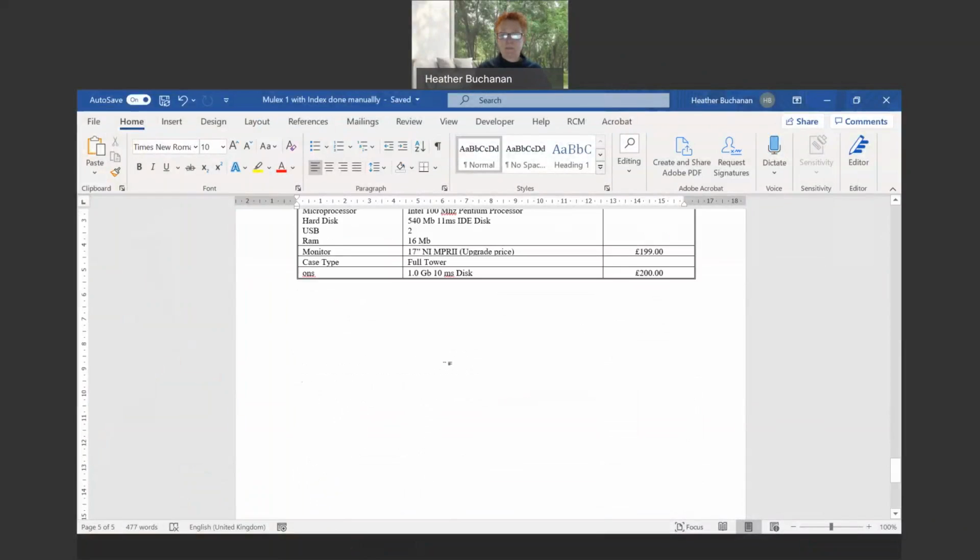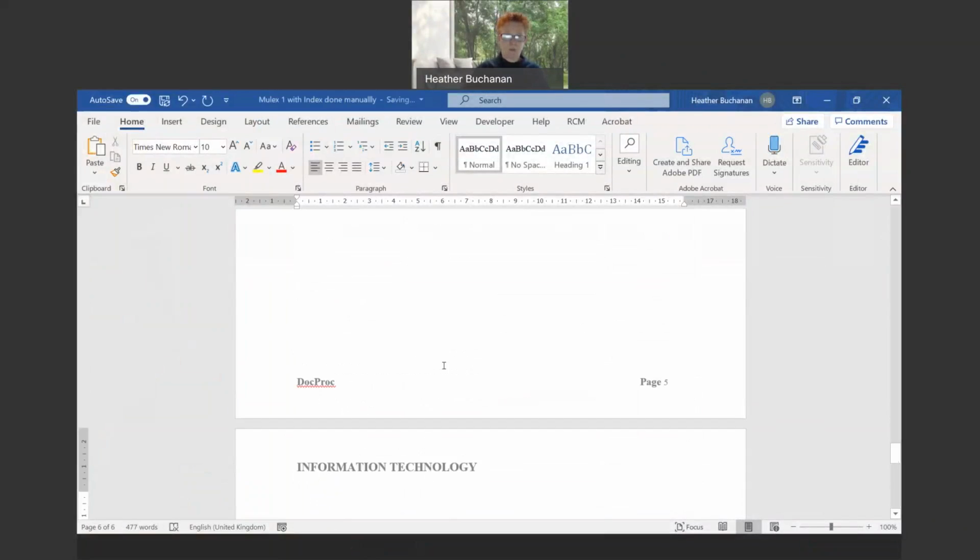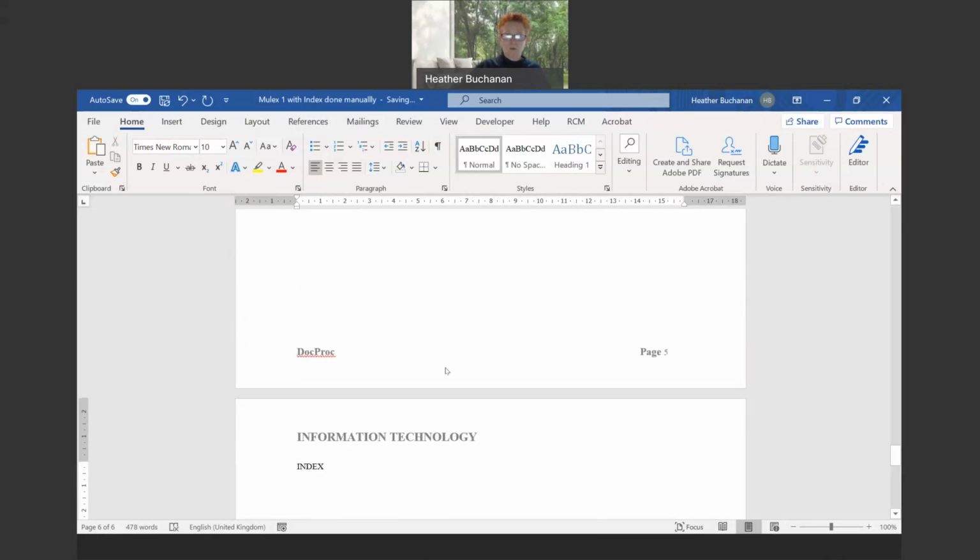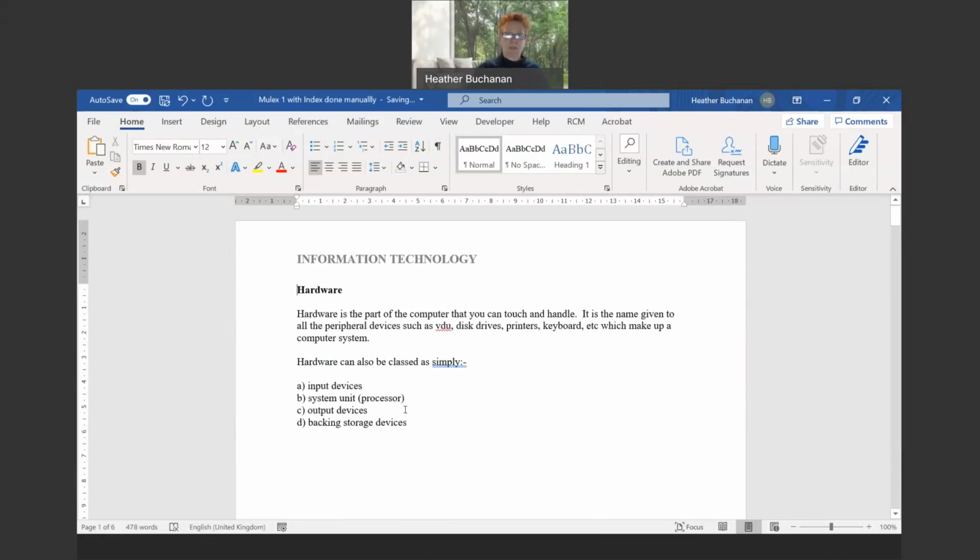It takes me to the end, and I want to put in a new page so that we're going to have the last page for the index. Control and Enter, as you know, is the quickest and easiest way to pop in a new page. I'm going to type in index and pop down a couple of lines. Control and Home will take me back to the beginning of the document, because I know what I want to do is mark some index